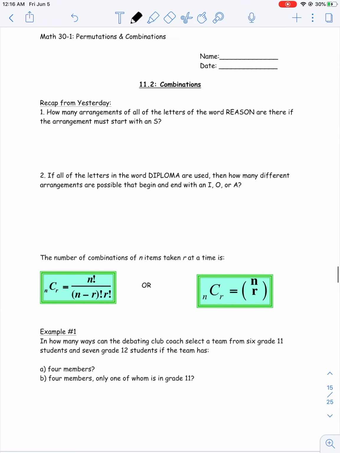So that's it for lesson 11.1. There's only 2 more